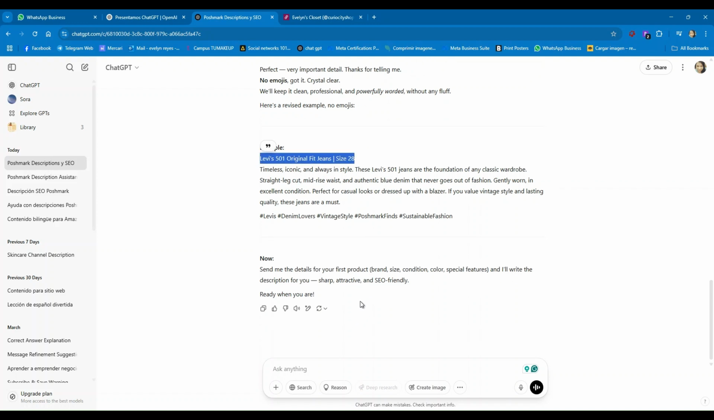Now if you have a picture of the product, in the free version you can include up to 3 pictures. So you can click over here on this part and upload pictures, and then according to the picture it will give you a description. You can also give it some notes, what you want to use in the description, and it will add it. And that's how you use ChatGPT